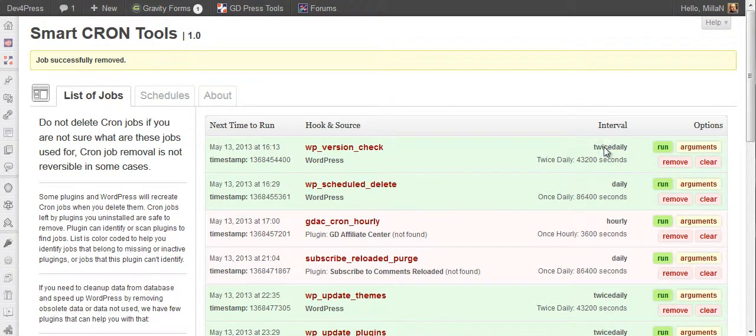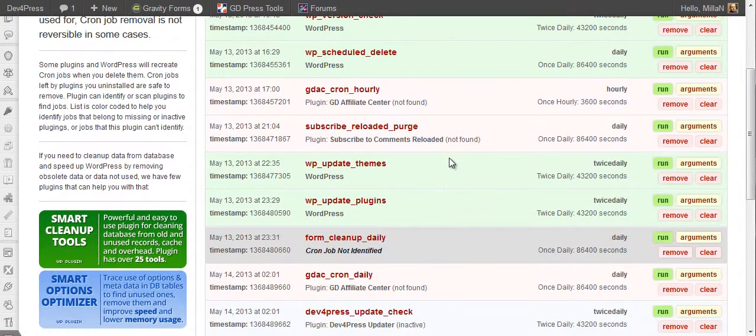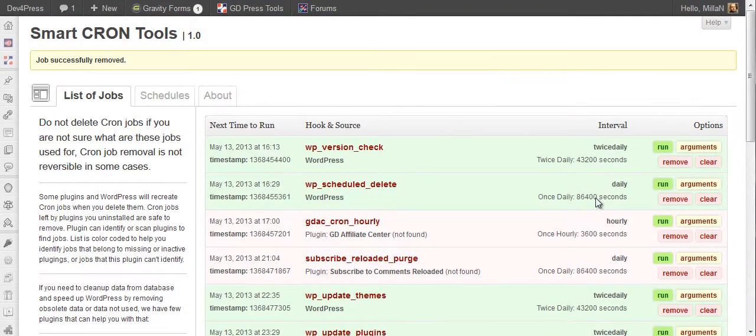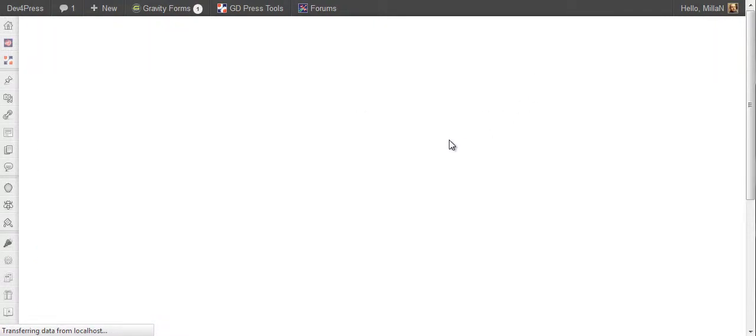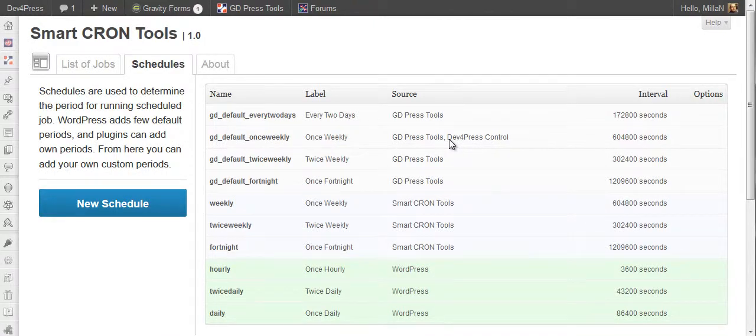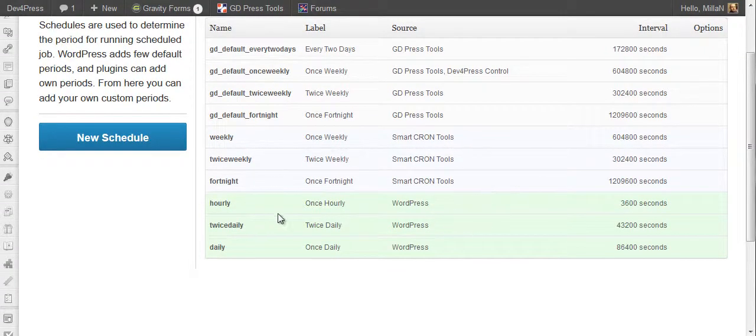As you can see, there are different intervals for most jobs. WordPress by default registers 3 default intervals, and you can add more. If we switch to a list of schedules, you will see something like this.